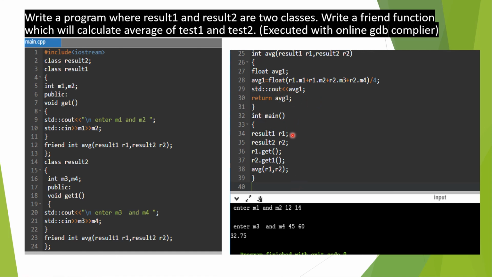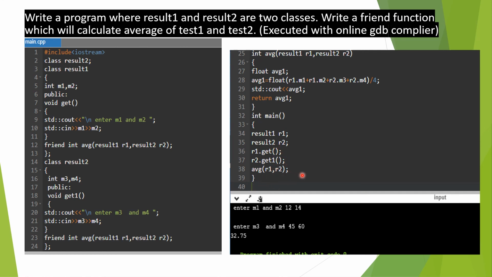Then in int main, result1 result2, and see r1 dot get and r2 dot get. In r1 dot get we will take the values of m1 and m2, and in r2 we will take the values of m3 and m4.